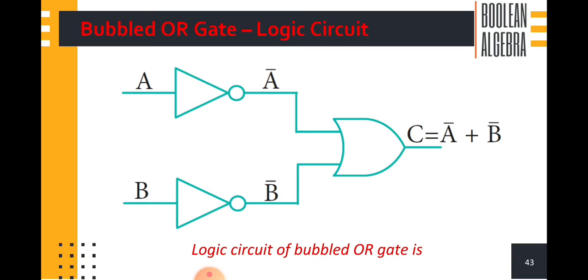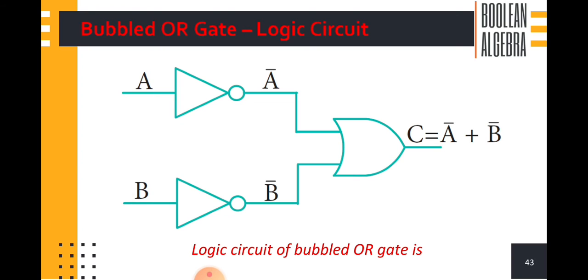Now you can see the coupled OR gate. Last class we discussed the coupled AND gate. Can you remember? In the AND gate, before passing the input to the AND gate, we invert the input. That is known as the coupled AND gate. Here also we are going to discuss the coupled OR gate. Coupled OR gate means we invert the inputs of the OR gate. That is, before giving input to the OR gate, we invert it. Inversion can be done by the NOT operator.